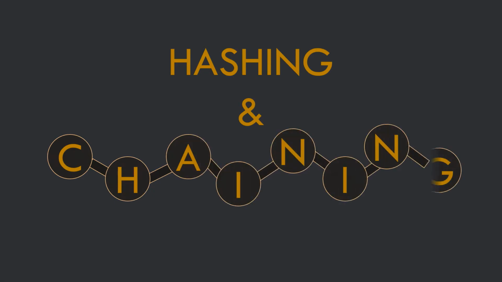In this video, I will discuss hashing and chaining. So, what is chaining? In hashing, we use different hashing algorithms, and there is no algorithm which will guarantee that for two different entries in the record, it will give two different hash values. So there is always a chance that for two different entries in the record, we will get the same hash value, and that scenario is called a collision in hashing. This is a problem, right?